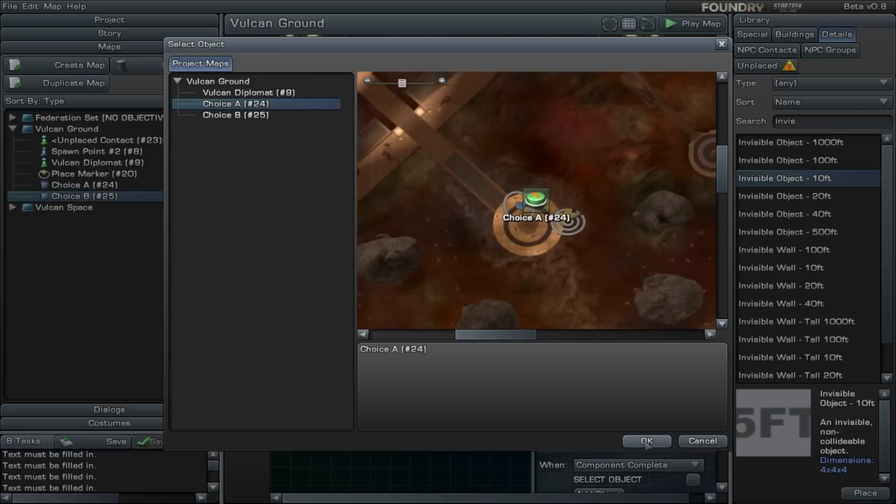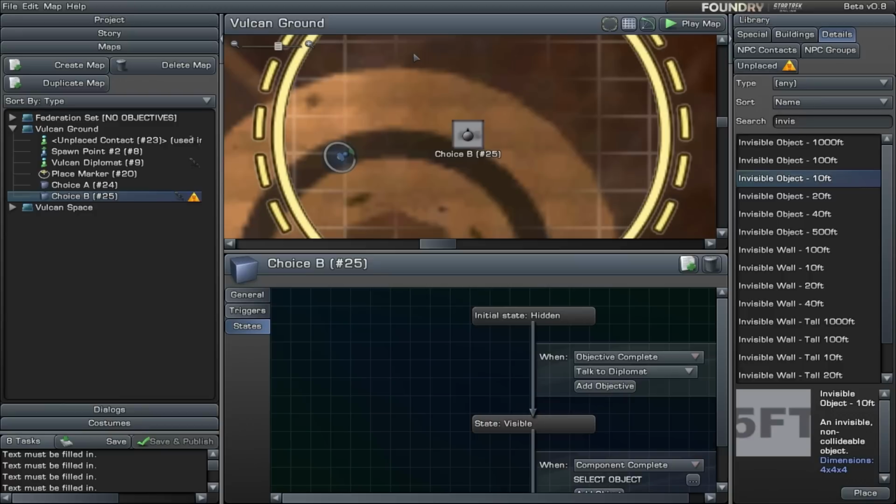Now what happens is, depending upon the choice that the player makes, all kinds of other stuff could happen. So let's say choice A is picked. Well, that could be followed by a group of enemies that beam in on the map, and they're set to appear when that component is complete, when the choice A component is complete. Or if the choice B component is complete, something else could happen. Say,